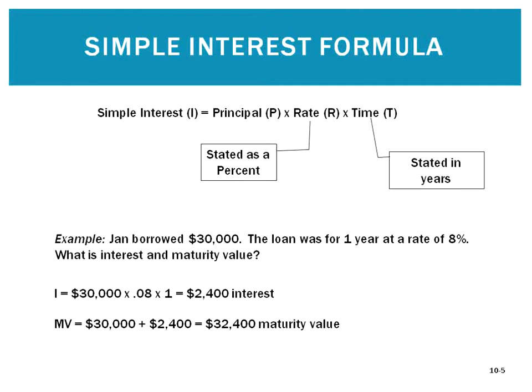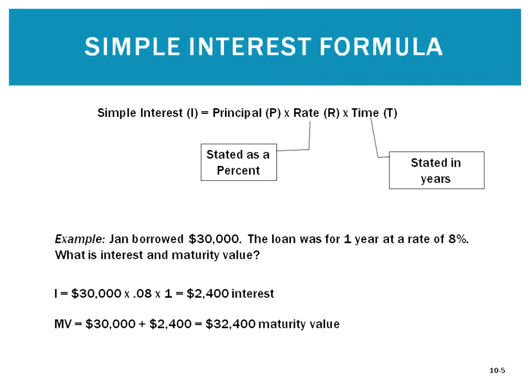If you were to convert that to months, it would be 12 over 12, which, remember, you learned in fractions, is equal to 1. So it doesn't make a difference if you type it as 12 over 12 or 1 in your calculator. Because it was for 1 year at 8%, the interest was $2,400,